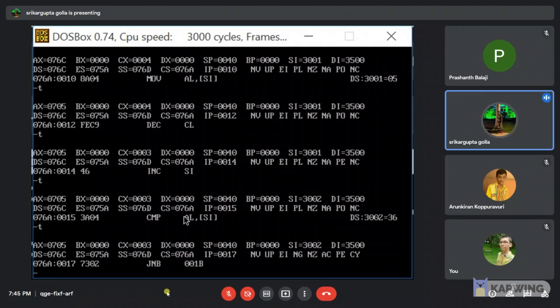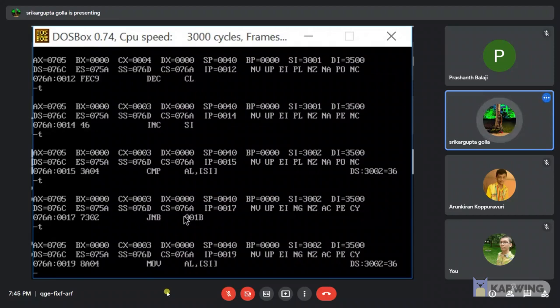This JNB function is used to jump the values, and here we can see the data segment register become 3002 and 36 because